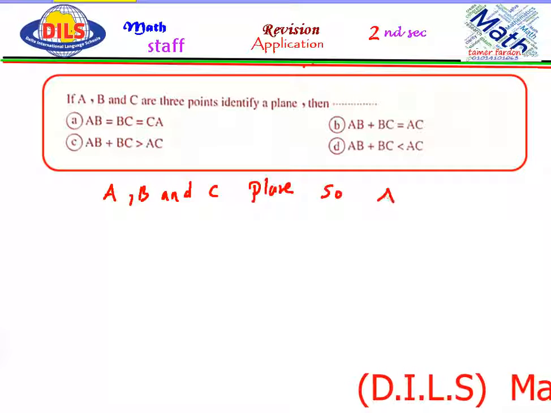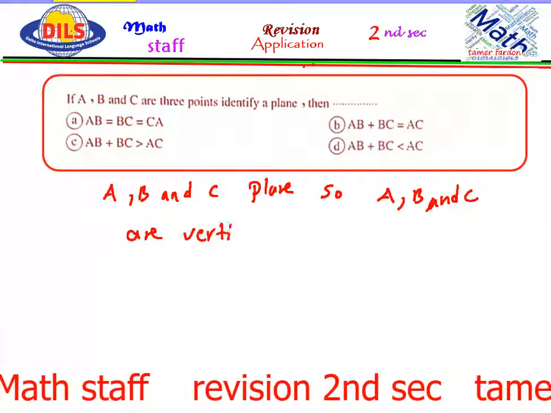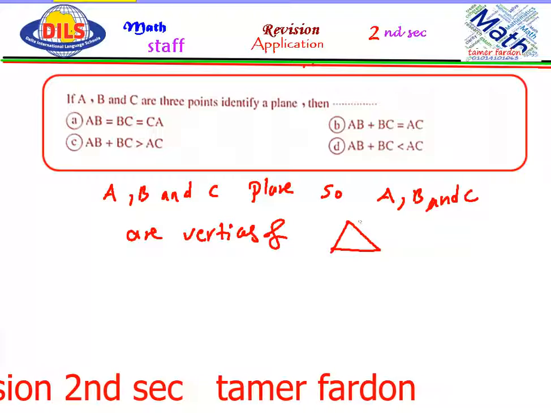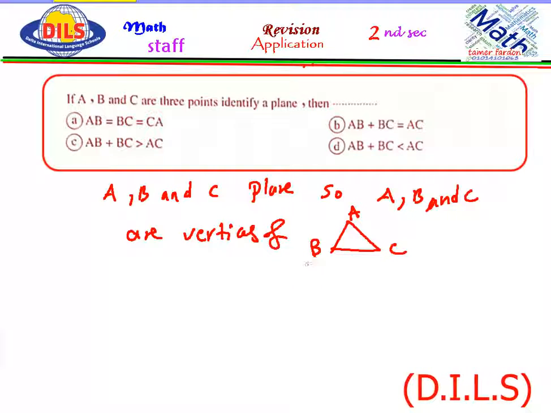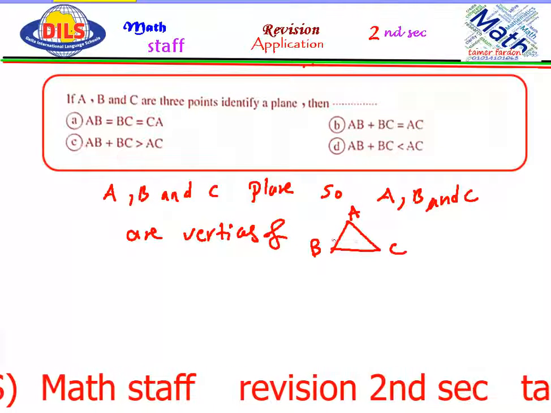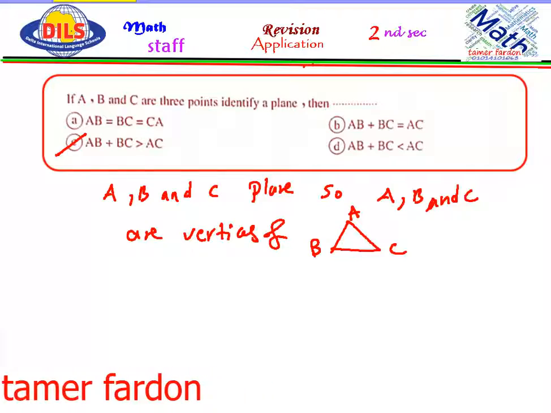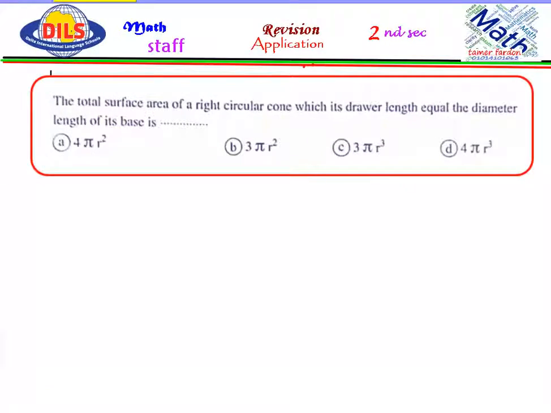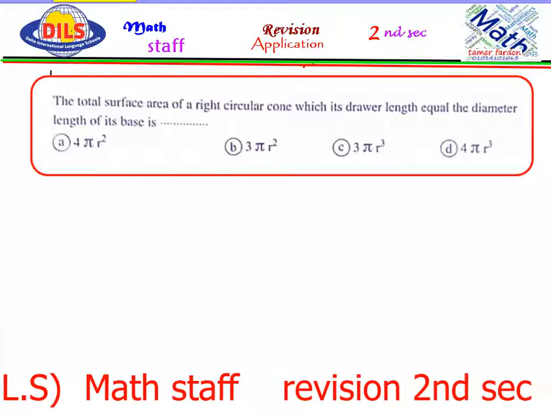So A, B and C are vertices of triangle, or 3 points not collinear. So A and B and C are vertices of triangle. From the inequality of triangle, we know that AB plus BC is greater than AC, so the correct answer is C. Another exercise, the total surface area of a right circular cone which its drawer length equals the diameter length